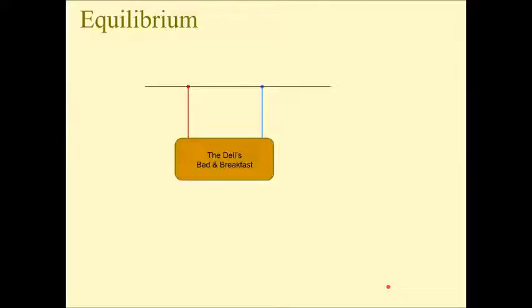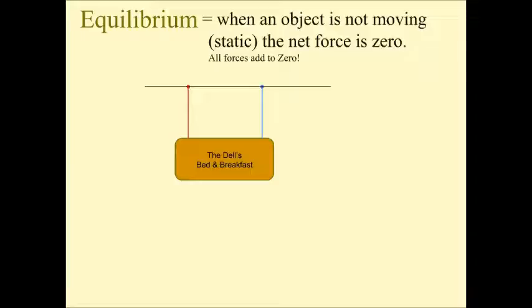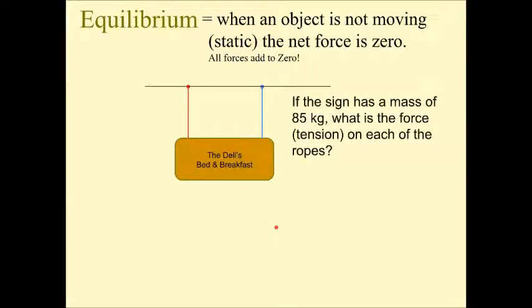Okay, so the next concept is called equilibrium. First, a definition of equilibrium: that's when an object is not moving, or it's static. And because it's static, the net force is equal to 0. That means if we add up all of the forces, we get a 0 resultant. So here's an example. We have this sign that's hanging by these two